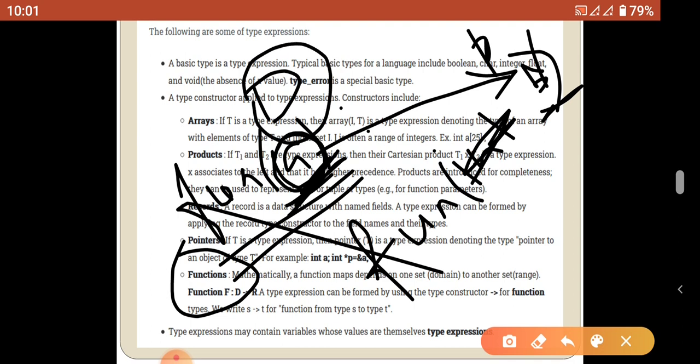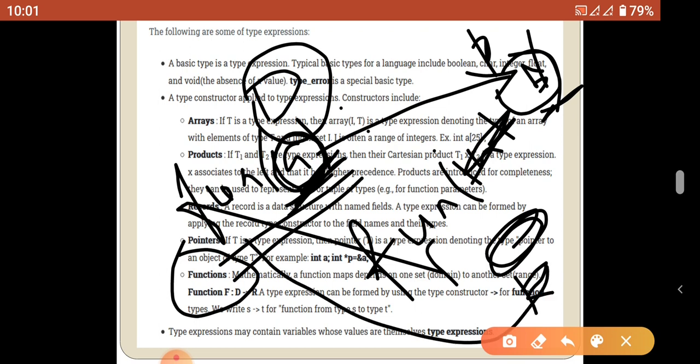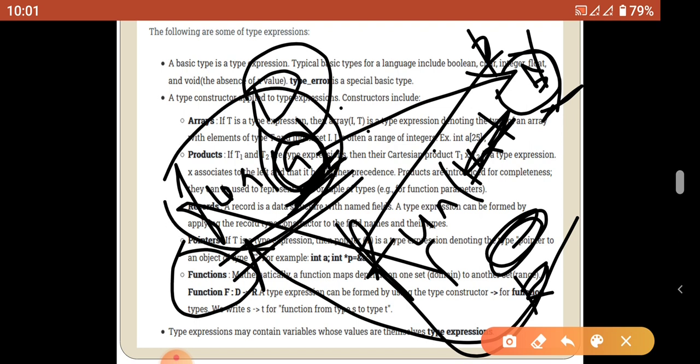Domain means the value passed from the function call to the function definition. That is domain. After we perform some operation, we return some value to the calling function. This is the called function, this is the calling function. So when the calling function passes the variable to the called function, b receives the value from a.